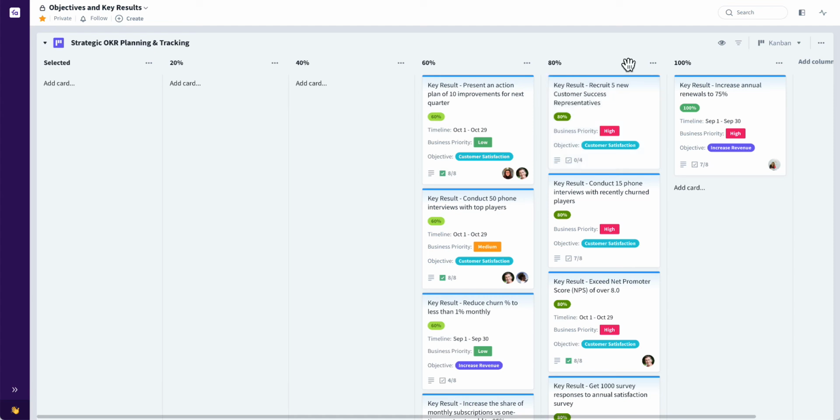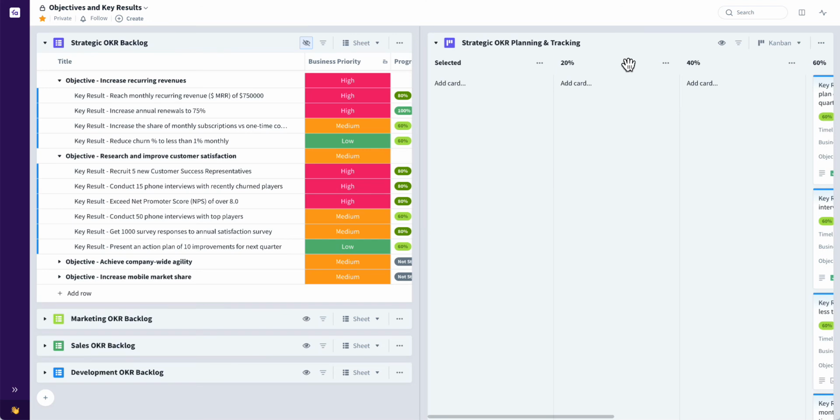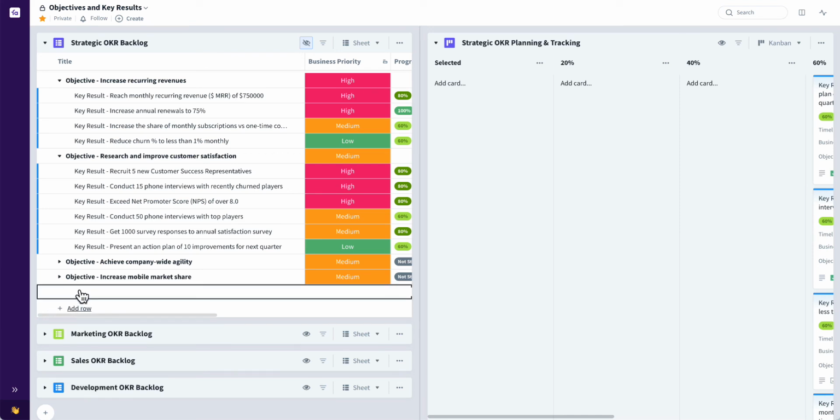So the last thing I'd like to show you is the ability to have multi-level OKRs within your organization. So maybe we've been focused on strategic company OKRs so far. Now we can also have, maybe from the same starting dashboard OKR collection, we can add OKR backlogs for each one of our departments or teams. So we can have a marketing OKR backlog, a sales OKR backlog, development, so on and so forth. So if at the strategic level or company level a new objective was added, such as